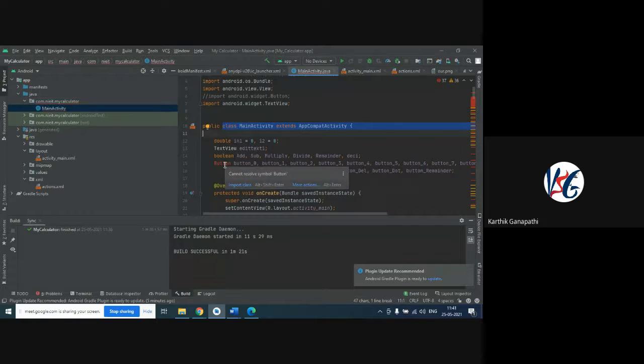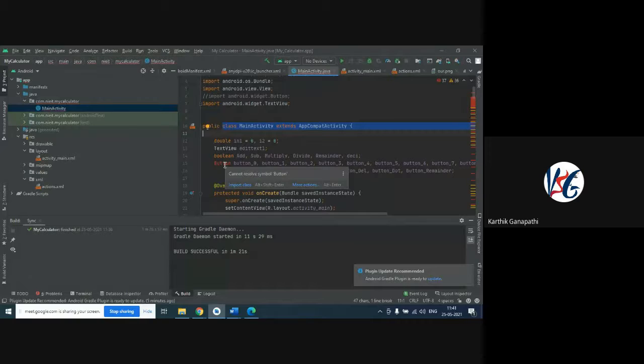For example, how are we going to write a program? How are you going to write a program in C or C++ or Java? First, initially we will be declaring a main class, right? So if you are writing a main program, in that main program you are going to declare what components or data fields we are going to use.